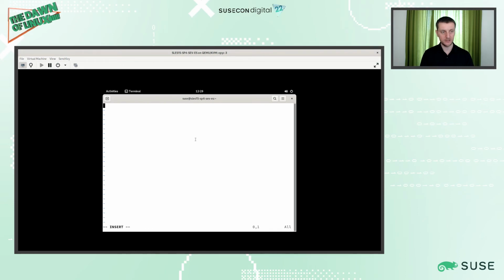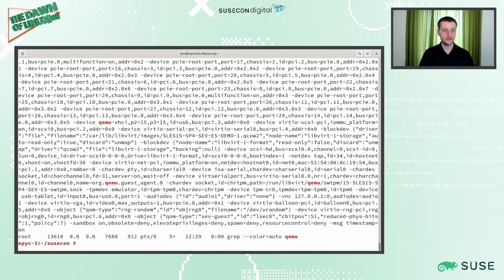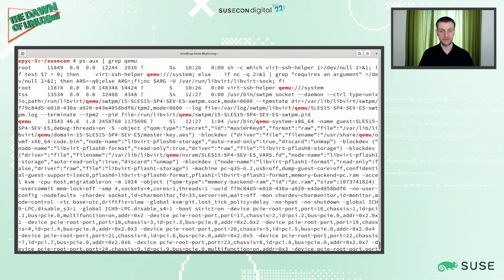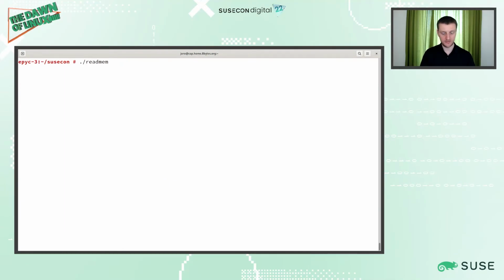Here we can put our secrets. Our new secret password. And when we try to attack this VM, now this is a QEMU process which runs the SEV-ES VM. Here SEV-ES is the name. This is the PID. And if we try to attack this VM,